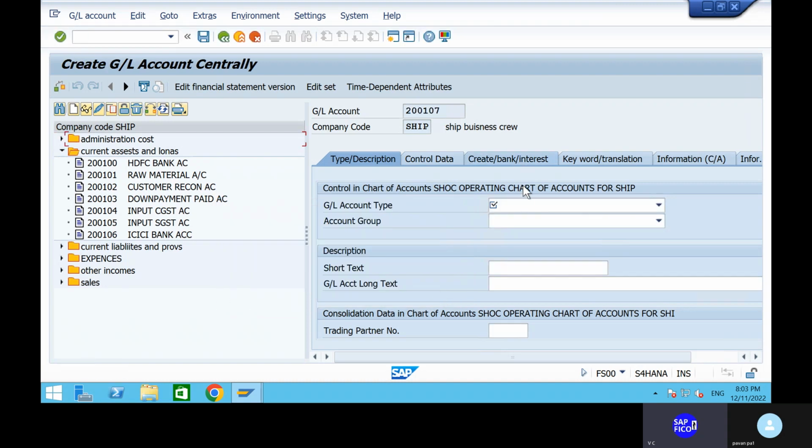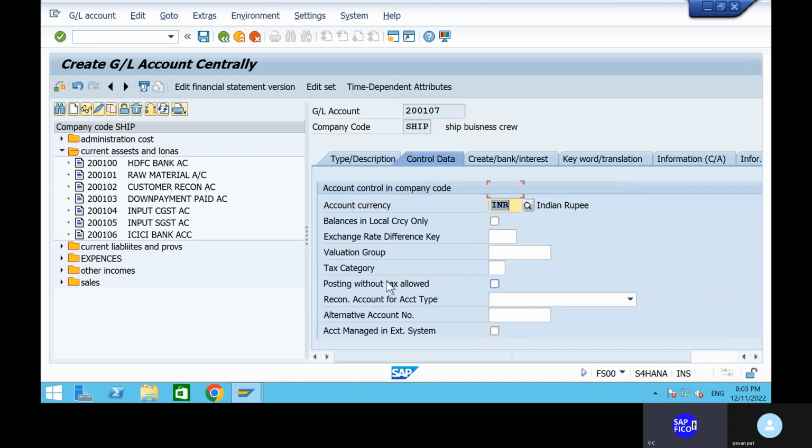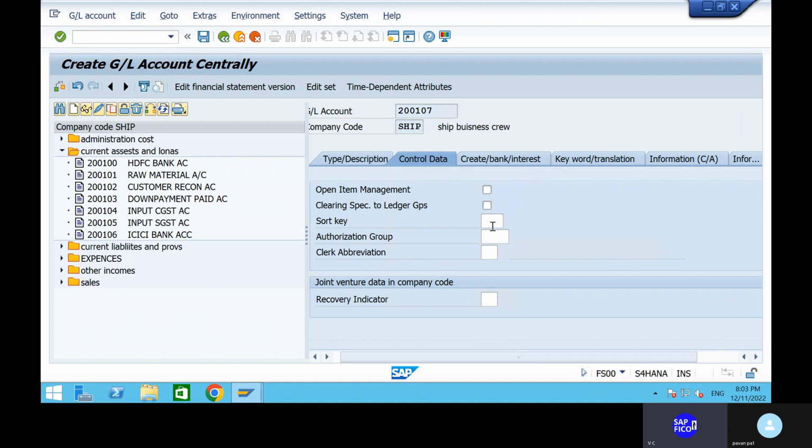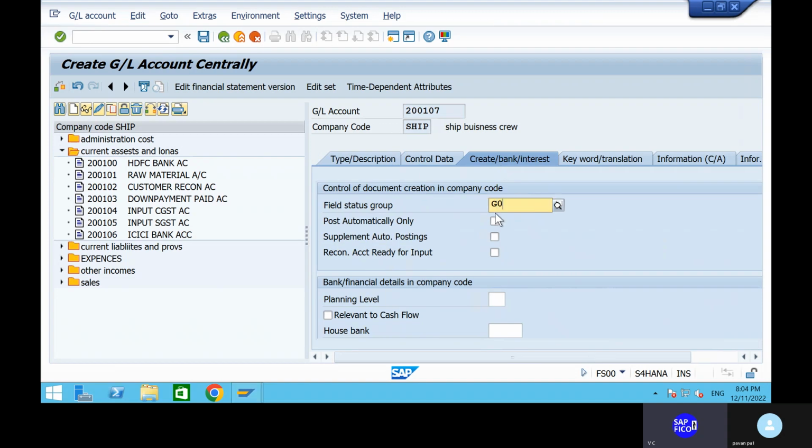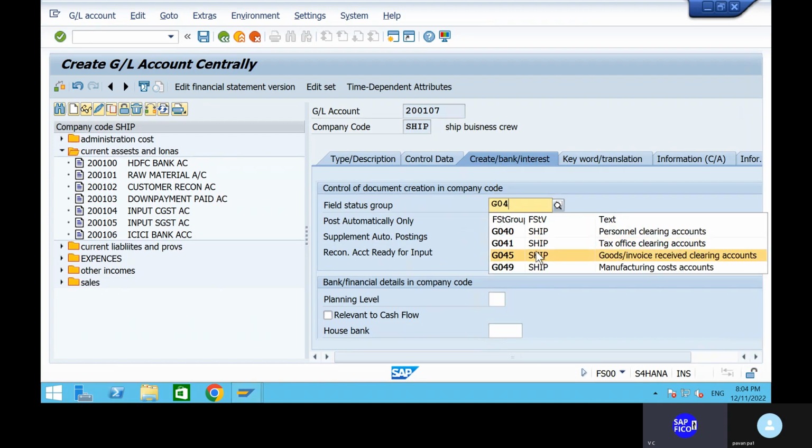Now under this current assets and loans, we will create our GL account, that is the raw material inventory account. Short text is raw material inventory account. In the long text also it is raw material inventory account. Then sort key is 001, and in the field status group you can just give Z003, that is Z006,